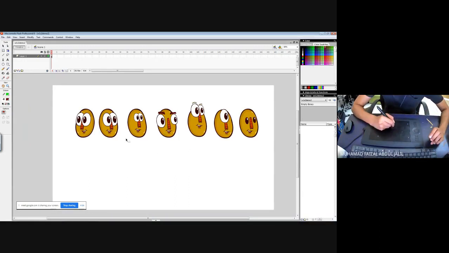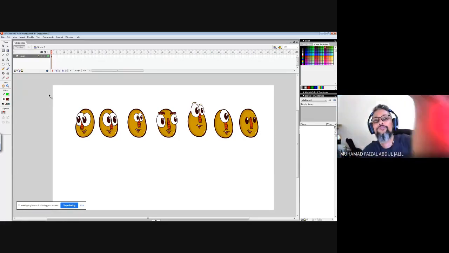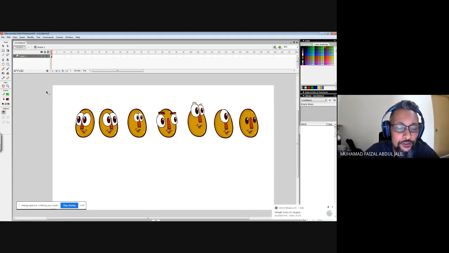This is how we can use the brush tool to draw or to design your characters. But if you're going to use shape tools to design, because you're using a mouse to work, I would suggest you sketch out your ideas, if you don't have a tablet already. I don't know actually, right?